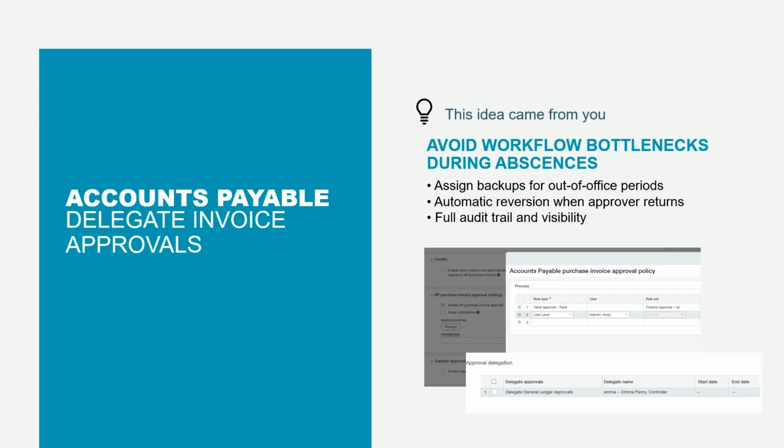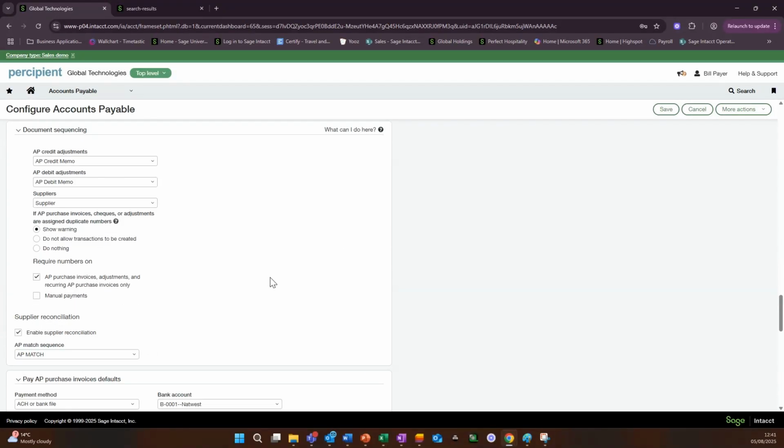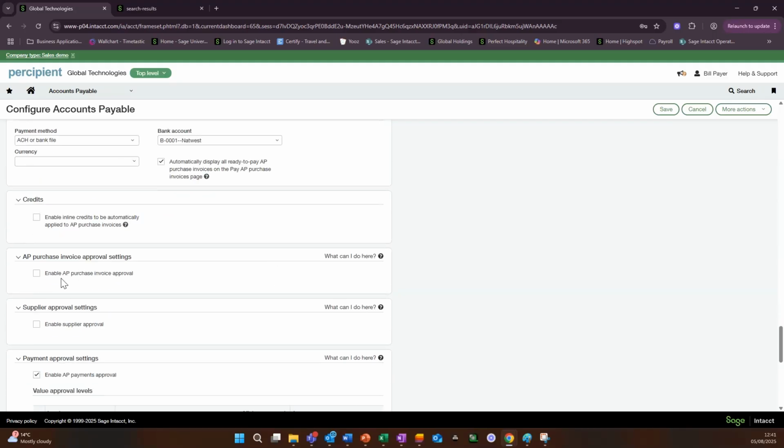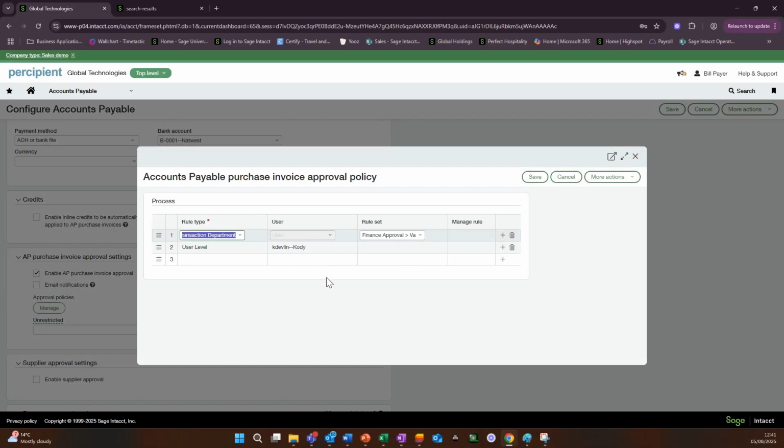How it works is an admin enables and selects the delegates in the AP purchase approval settings of the configure accounts payable. So if I just take you into AP and go to setup, what happens is once your approval workflows are enabled for your AP purchase invoices and you have those policies set up, may it be value and transaction, may it be the individual. Once you have that flow in place,